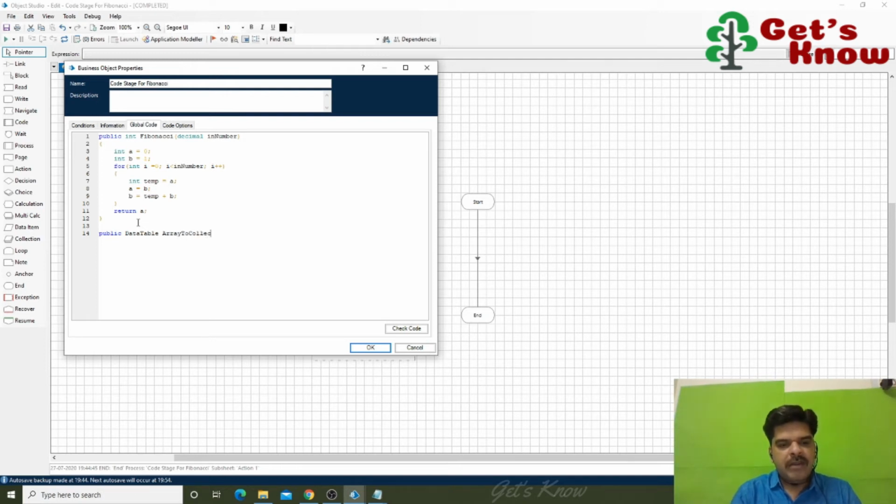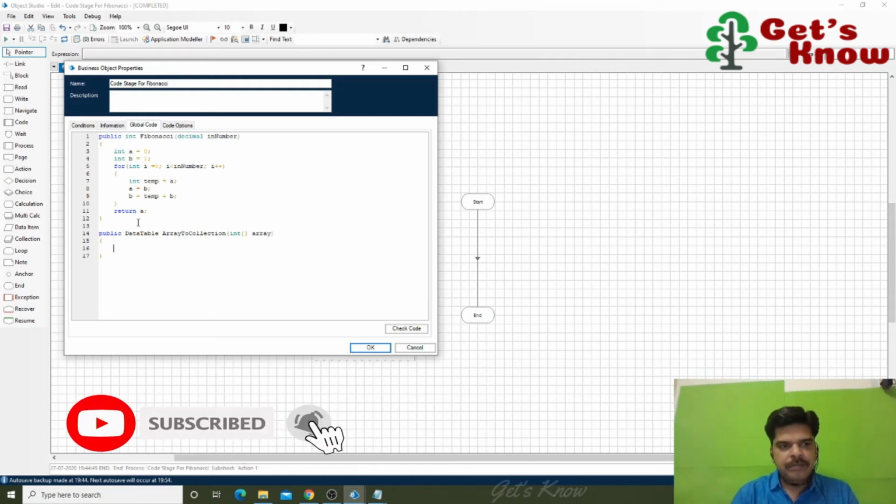Here I am giving an array to the collection. The collection of values you are using for the Fibonacci series, those values we are going to get as an input parameter. So we are going to get multiple values as the input parameter. That is the reason we have to use that array input parameter. So this is the way we have to create that array input parameter in C#. And inside of this function,